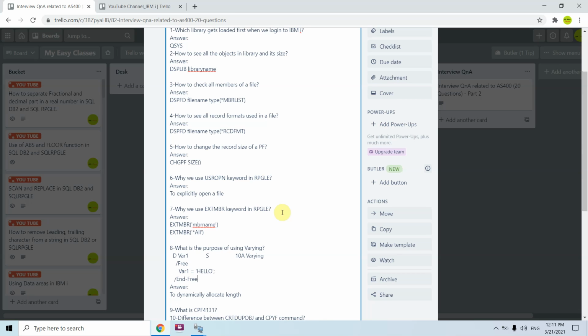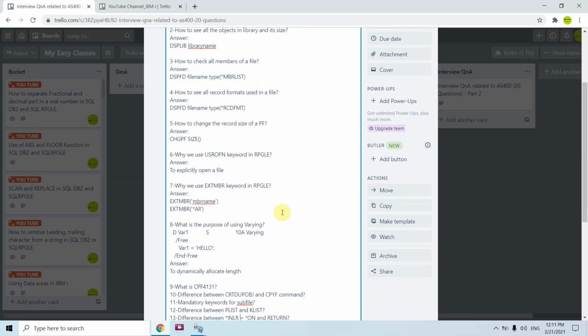So in this case, our string will become a dynamic string of dynamic length. So it won't be a string of length 10, it would be a length of 5, 6, 7, depending upon the value it contains. What is CPF